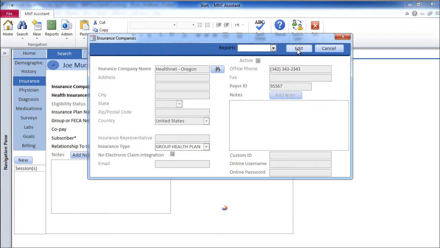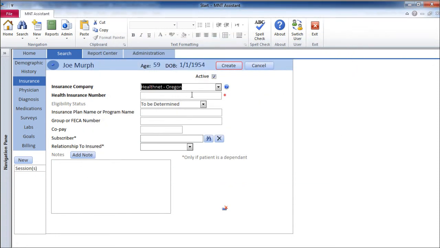Create. And we can have any reports here that we want to see, what patients this insurance company has, labels for every insurance company, and then just the basic insurance information here in a report view. So now we have that insurance company attached to this patient, so then we'll put in their